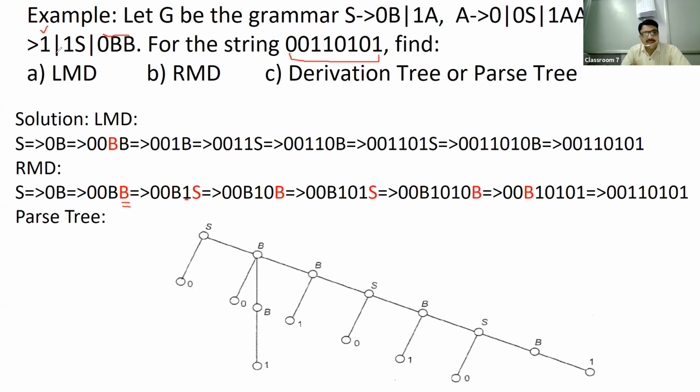लेकिन मुझे आगे चलना है, तो मैंने 1 लिया और S को मैंने एज ए वेरिएबल ले लिया। क्योंकि 0 ले लेंगे तो इस प्लेस पे 0 आ जाएगा, और आपको चाहिए 1। इसलिए अगर आपको स्ट्रिंग नहीं दी गई है, इस सिचुएशन में आप इनमें से कोई भी अप्लाई कर सकते हैं, either 1S, 0BB या कुछ भी।